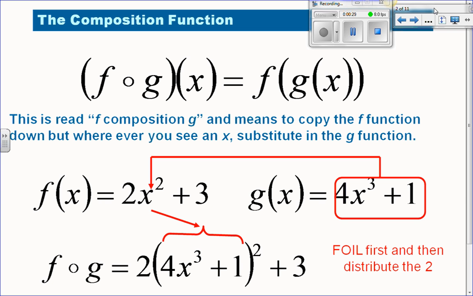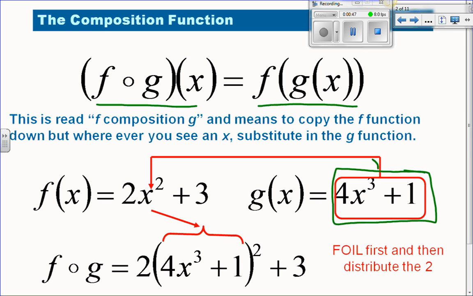So you will see both of these forms. You'll see this form as well as this form. And they're both read f of g of x. And basically what it tells us to do is take the function g of x. So say we're given g of x here, and we're going to substitute it into the x of f of x. So if you can see below, f of g of x, which could also be written like this,